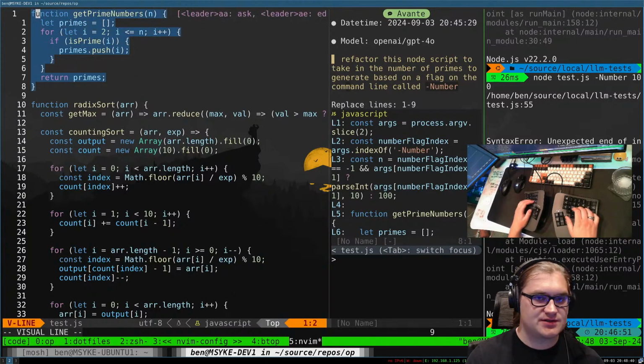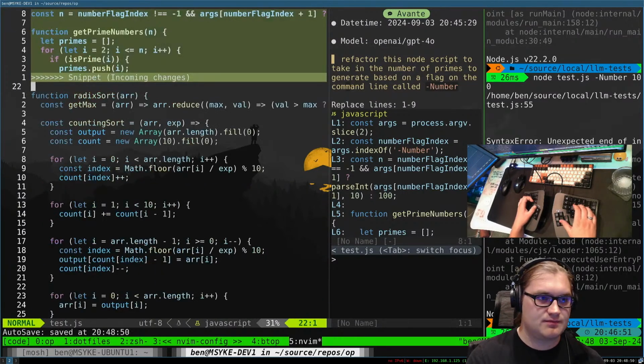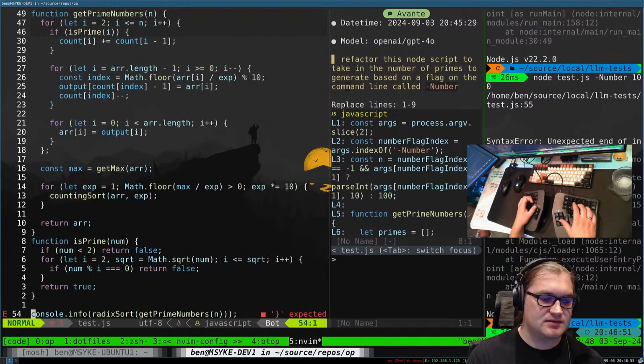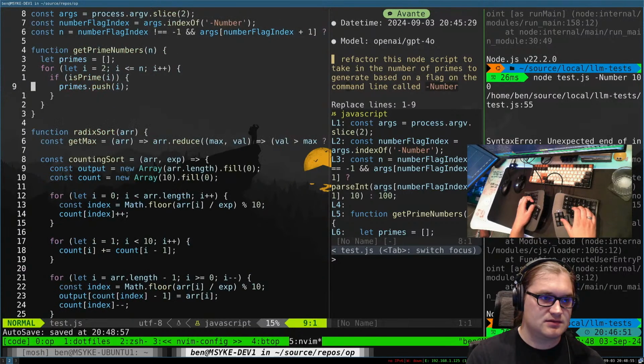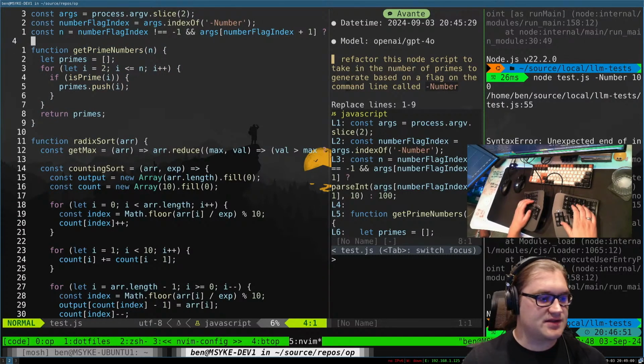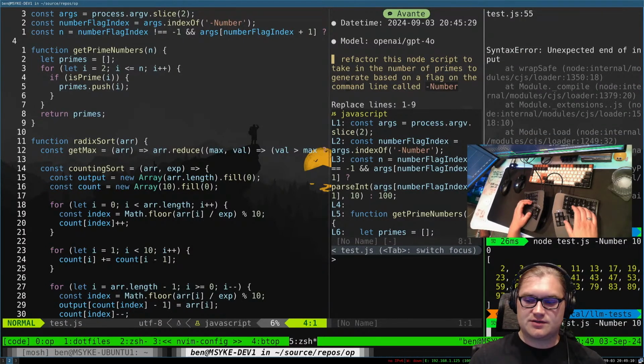So I'm just going to yank that to buffer, and then we can redo that. Paste that. Yeah, that was the only thing different. And then we can say that. So 100, so I can say